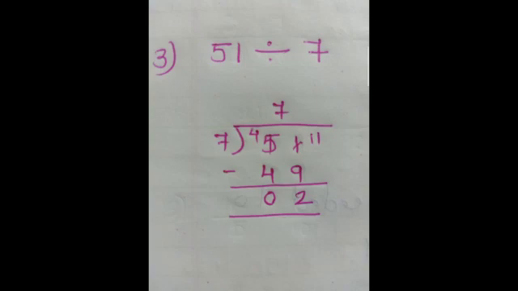So you will cancel 1 and take it as 11. From where did you get one number? From 5. So 5 gave you one number, so you cancel 5 and 5 minus 1 is 4, and you write 4 there. Now let us do the subtraction. 11 minus 9 is 2 and 4 minus 4 is 0. So in this division sum, the dividend is 51, the divisor is 7, the quotient is 7 and the remainder is 2. In this way you have to solve this third division sum.